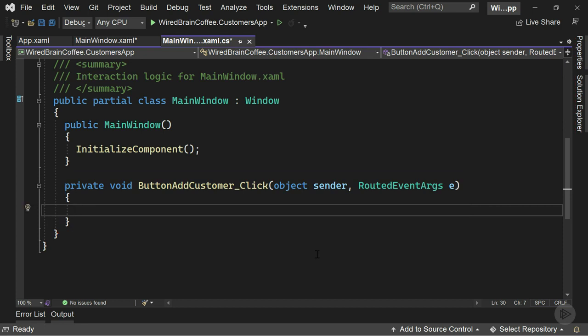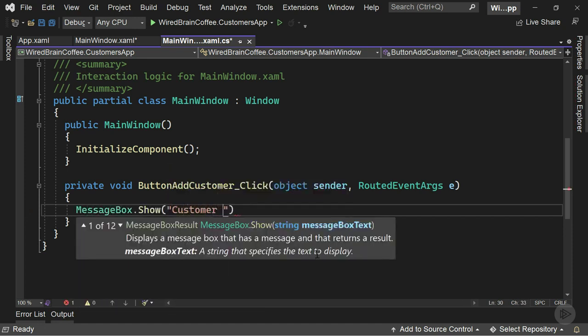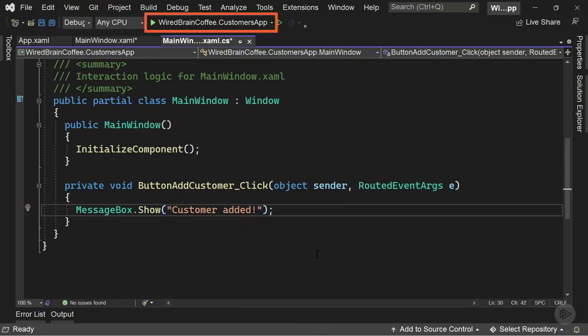Now let's actually do something here. Let's show a message box with the text "Customer edit". Now let's run the WPF application and let's see if everything